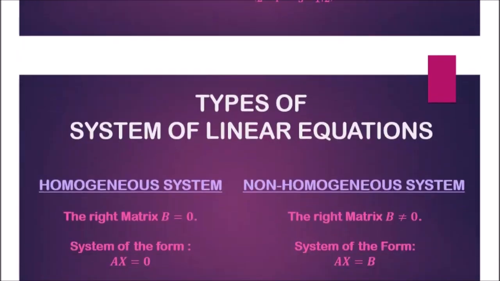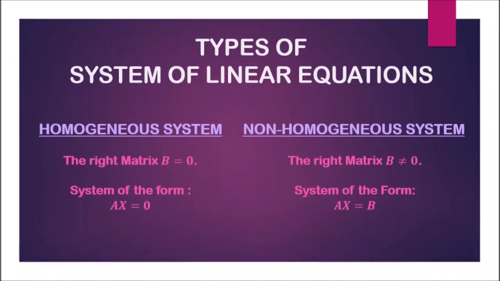In general, we have two types of system of linear equations, where classification is based on the right side matrix B. If all the elements of B are 0, then the system is called a homogeneous system, that is, a system of the form Ax = 0. If the column B has at least one non-zero element, then the system is called a non-homogeneous system, that is, a system of the form Ax = B, where B is not identically equal to 0. Now we will discuss types of solution that exist in each of the above linear systems.